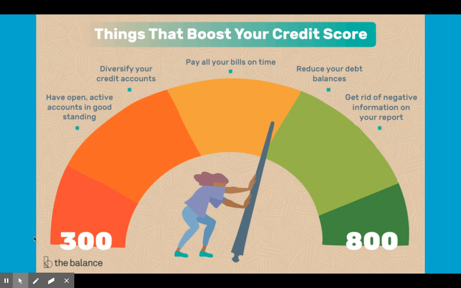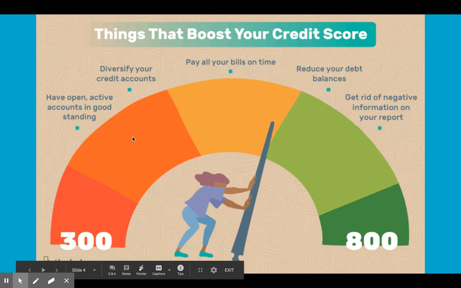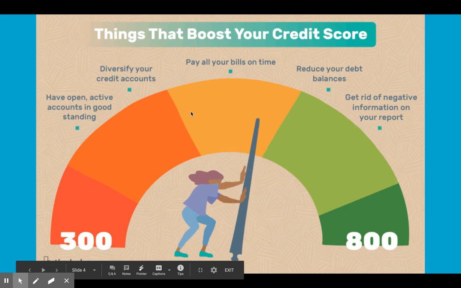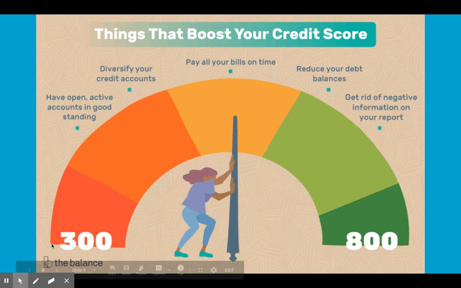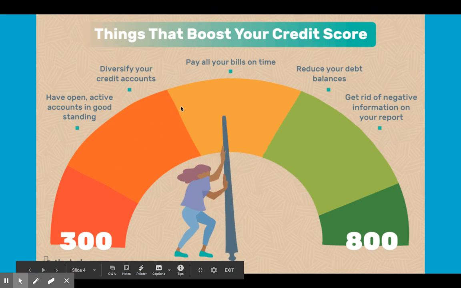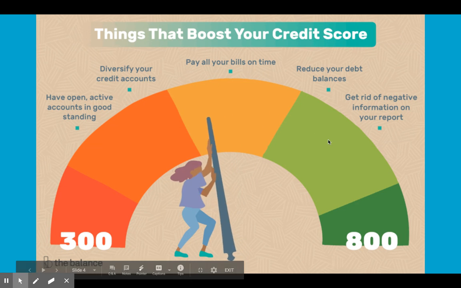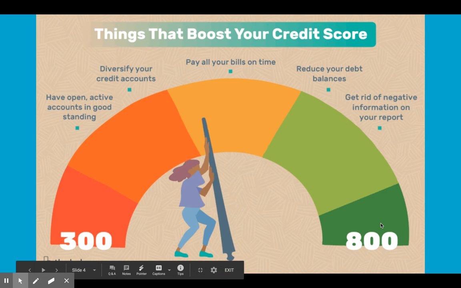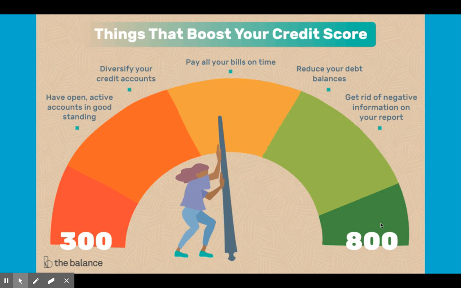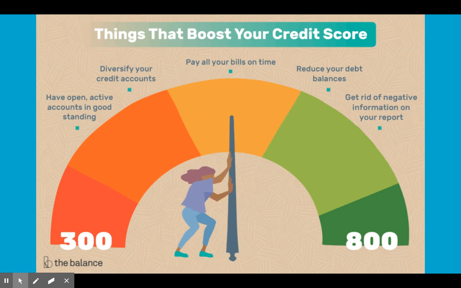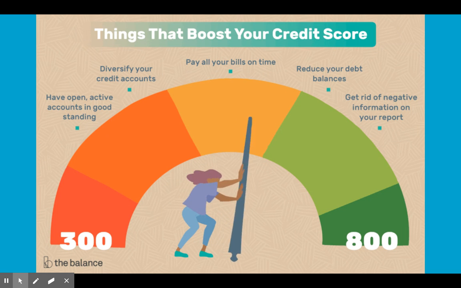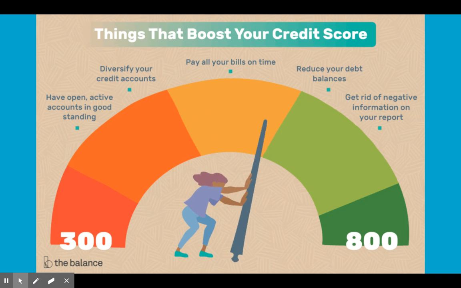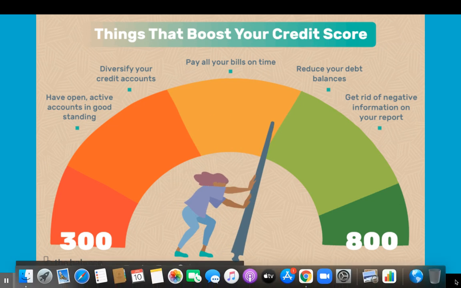$5,000. So if you're sitting around three or four hundreds, even 500s, you're not going to be getting good interest rates. If you're sitting up in the 700s or even into the 800s with a credit score, that's when you get people who give you like 0% interest loans because they know you're good for it. Credit score is like your credit reputation. Okay, so keep that in mind.